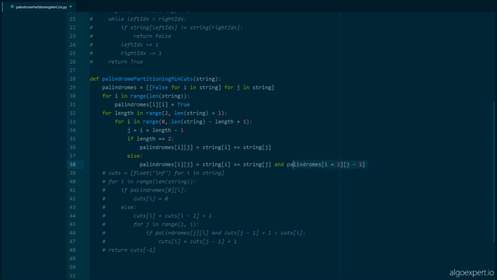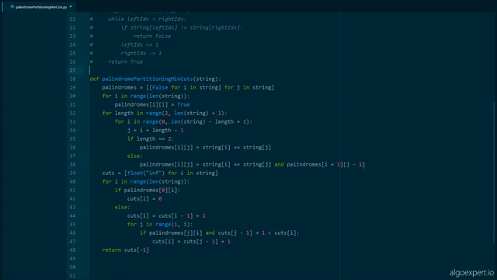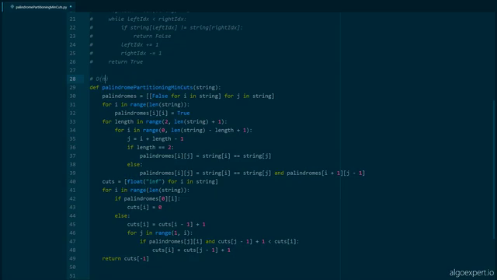So accessing this is just a simple constant time operation. And that's it. Now we're done. Now we can uncomment everything here, and we're done. We finished building our palindromes array. And so this is going to run in O of n squared time, not O of n cubed time. And it's going to run in the same space complexity,